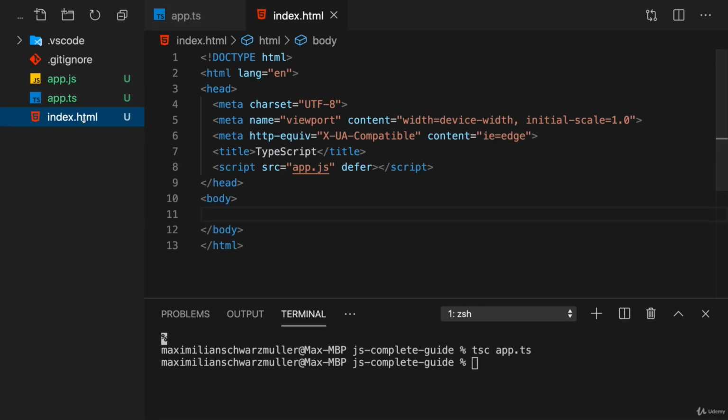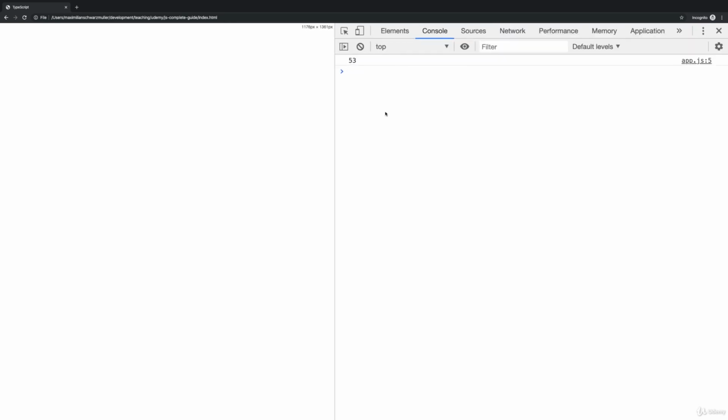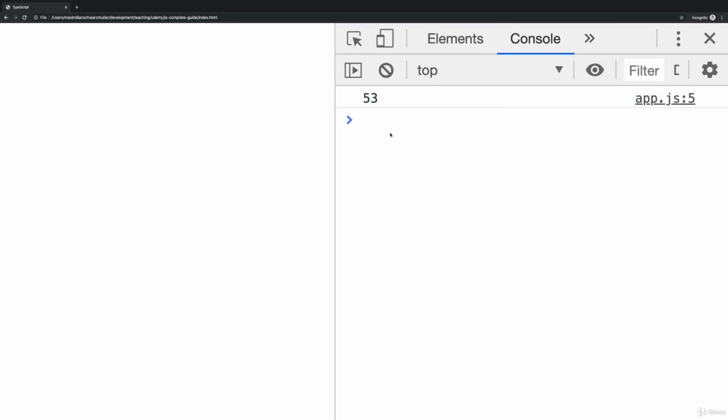Now let's simply open index.html. And for that, we can simply open it up in the Mac Finder or Windows Explorer and click twice on it. If you do that, a new tab should open up in your browser, and this will be an empty page, of course, because we have no content on our page, no content in the DOM. But if we open up the developer tools, we should see some output here, and we should see, in my case here,